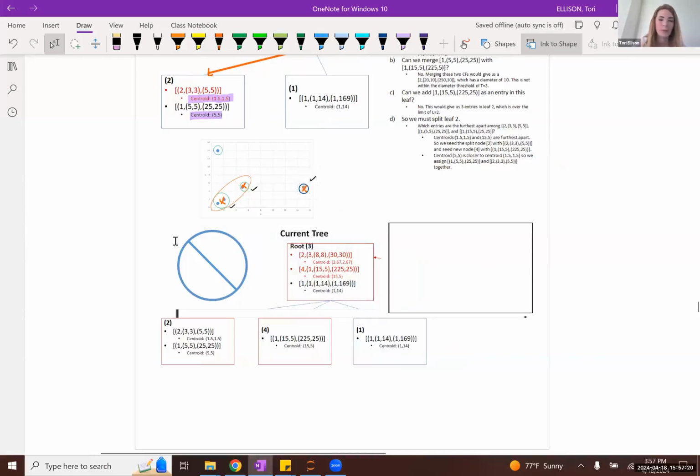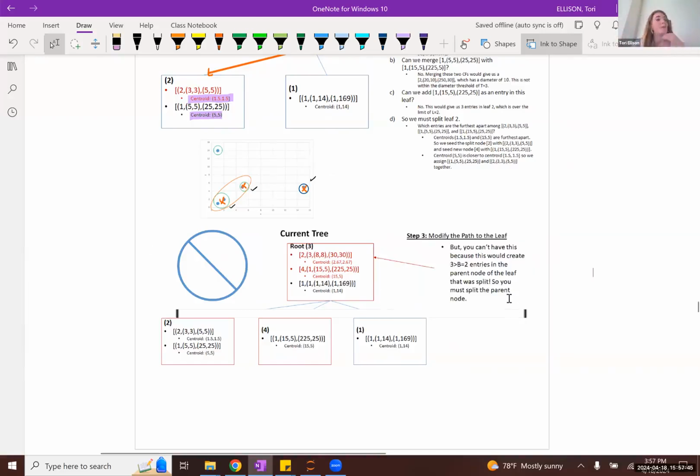So what's the problem with this CF tree? Does this violate one of our constraints? Yeah, exactly. We also stipulated that our non-leaf nodes are not allowed to have more than two entries.